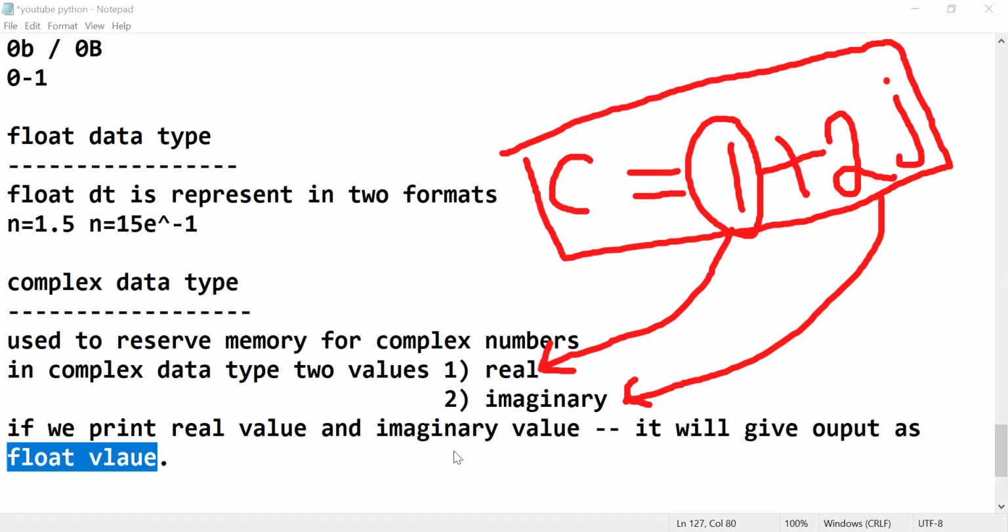Now I am checking the type of c. The type of c is complex, guys. This 1 plus 2j is complex. Suppose if we print the real value, it will give